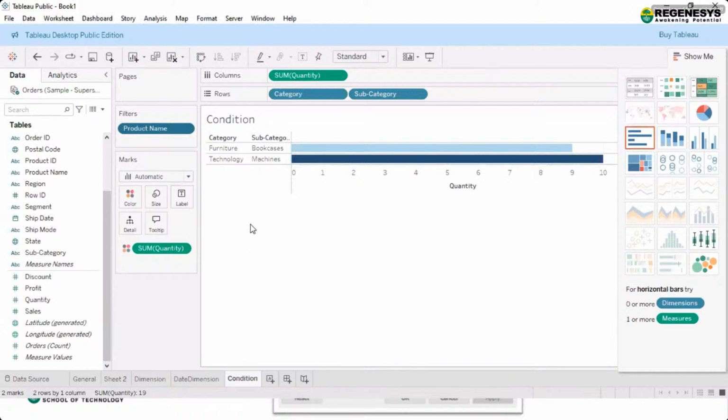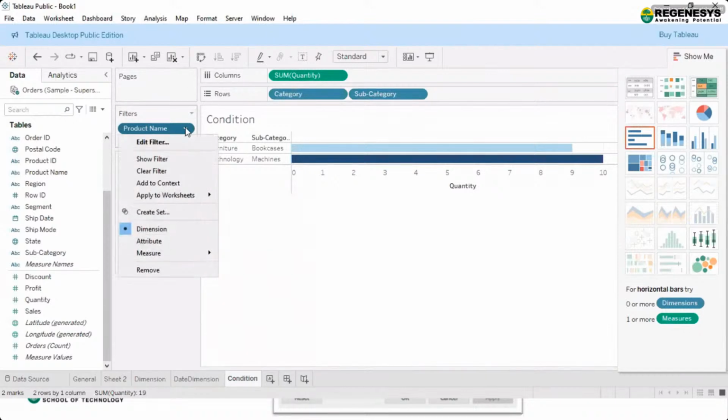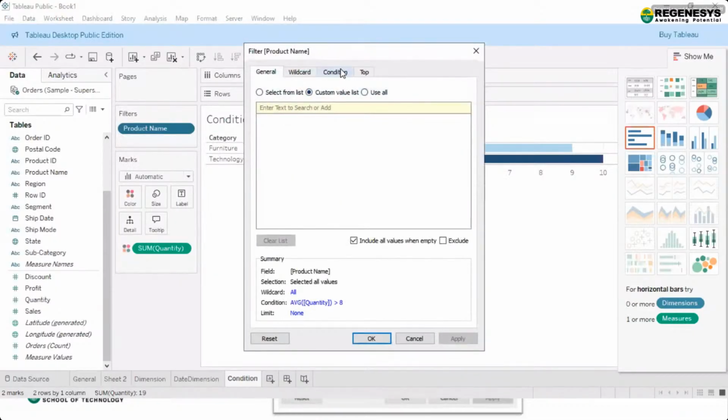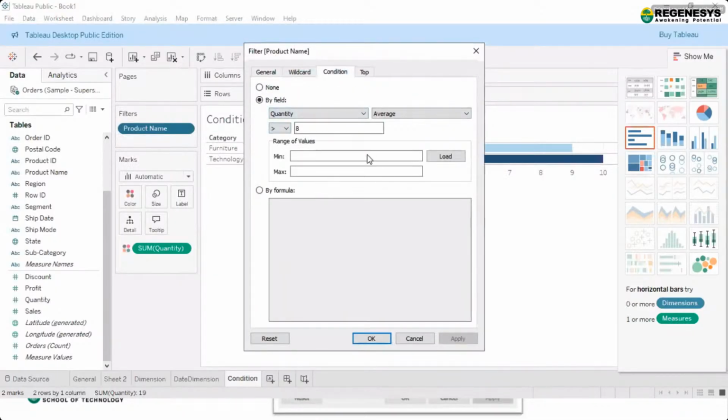So any data which you have in numbers, maybe the count, like here we have count, we have quantity, any number, like how much enrollment, how many clients, how many number of people. So if we have something on numbers, and if we want to apply the conditions based on numeric, then you can use the condition tab from the filters here, and you can use the range from that.